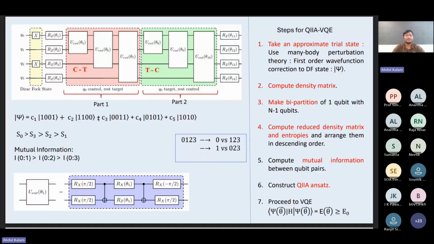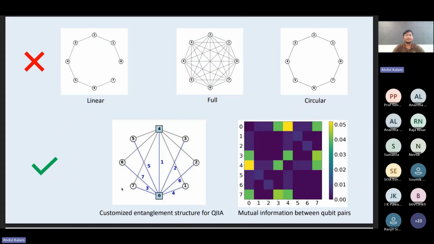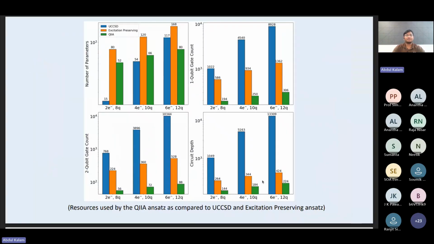And these two qubit gates that we have used are composed of these kind of gates. In hardware efficient ansatz, the entanglement can be linear, fully entangled, circular entanglement, and so on. But by avoiding this, we can calculate mutual information and von Neumann entropy to figure out which are the important qubits and see how much quantum correlation they are sharing, and then construct the quantum circuit in that way. So this helps us, for example,